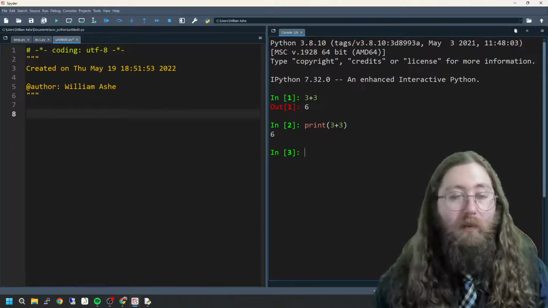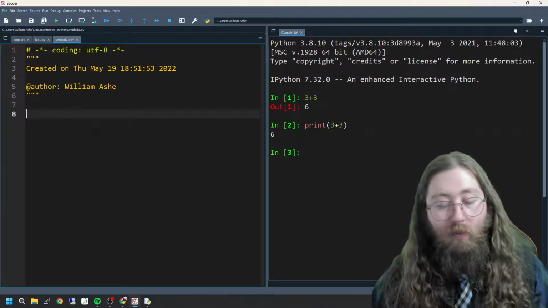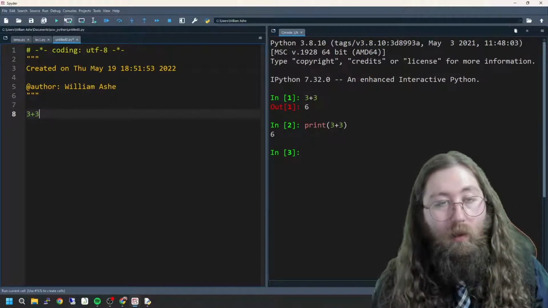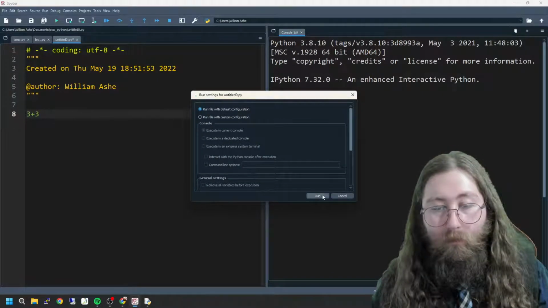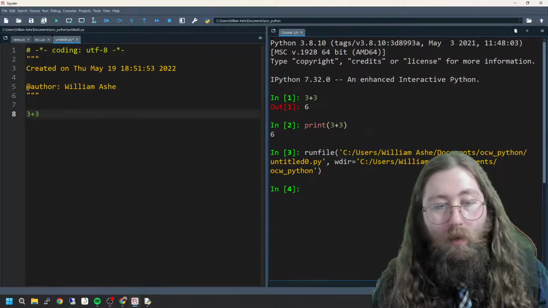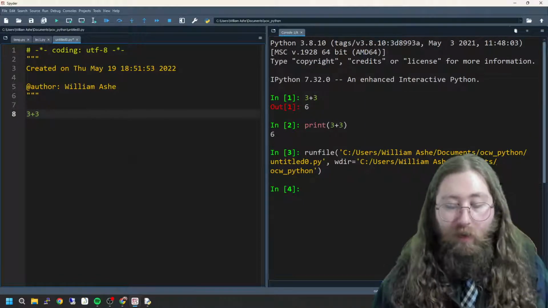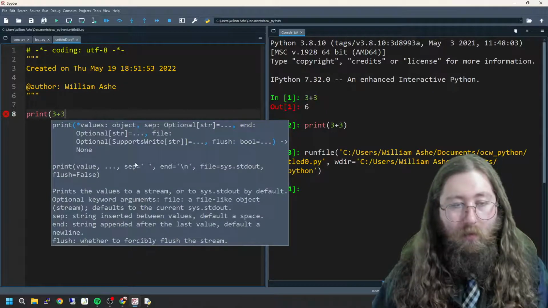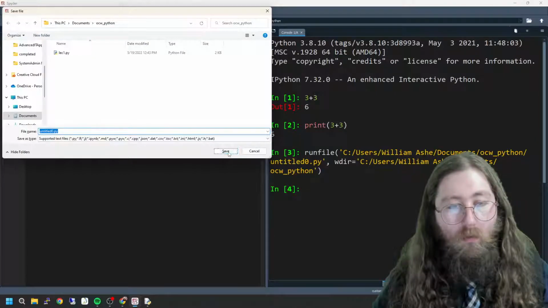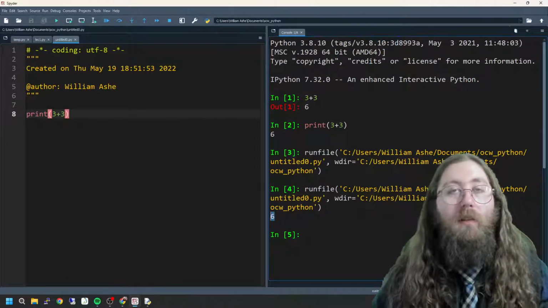That's important to understand. Now, if I'm over here, I can make what's called a script. So I can put in this script, 3 plus 3, right? And I can save it and run it. And nothing happens. Okay, nothing's happening because I don't have any output. Now, if I actually put print around it, now it tells me 6, okay?